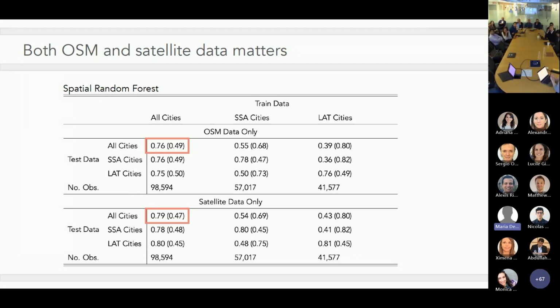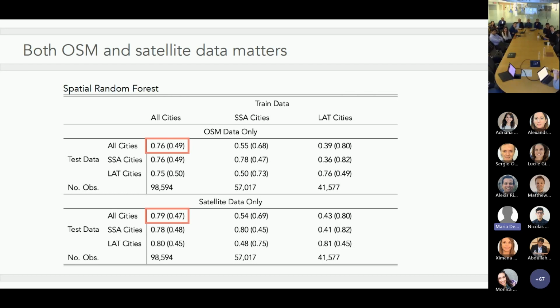Okay, so one of the questions that we had was, it's very classic. Many of these algorithms that are out there use satellite information to try to predict, usually not jobs, but things like poverty and income from satellite data. And that's a well-established field, and we were obviously very aware of that.